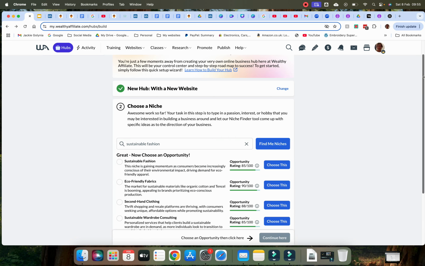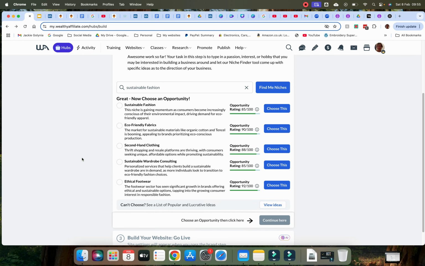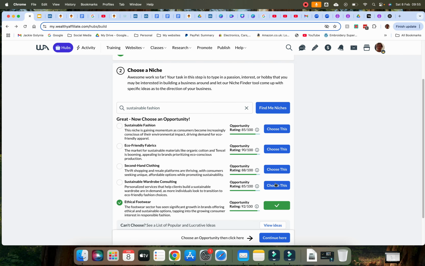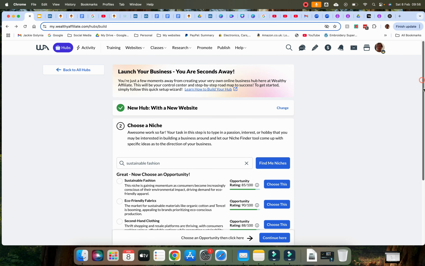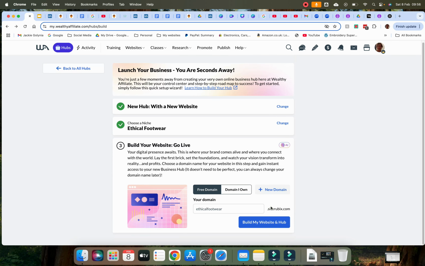This is more like it. So sustainable fashion, eco-friendly fabric, second-hand clothing. What draws me is ethical footwear. So if I was to click choose this, I would then be going on to make my website, and that's what we'll be doing in the next lesson.